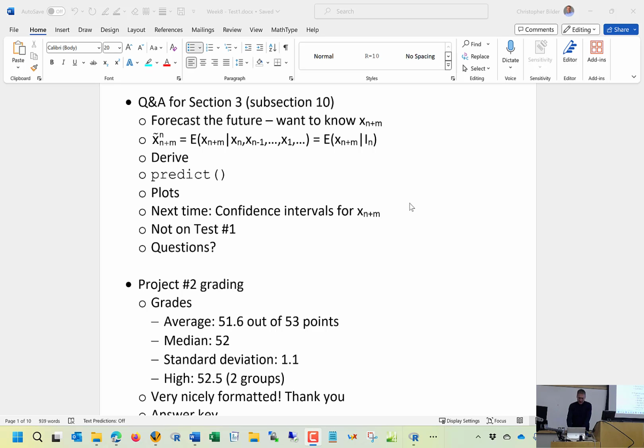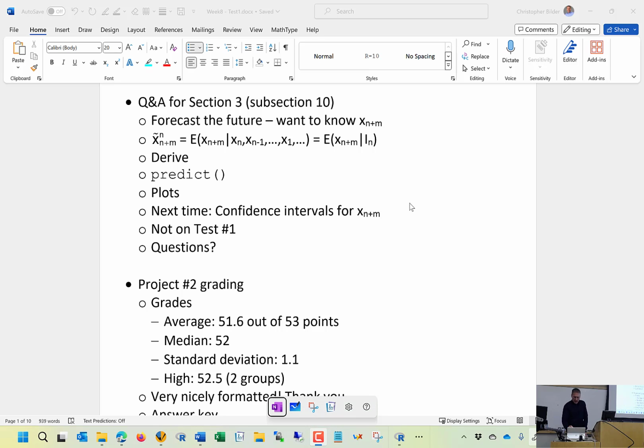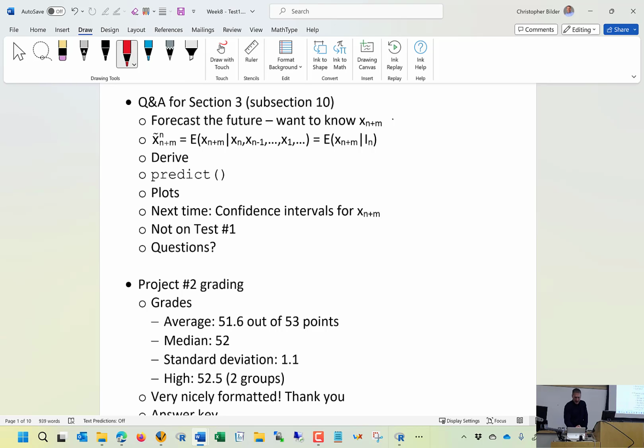What that basically means is this, that we want to know what x sub n plus m is, meaning that we've observed n values in our time series. And we want to go m, as in Mary, time points into the future in terms of our predicted value,